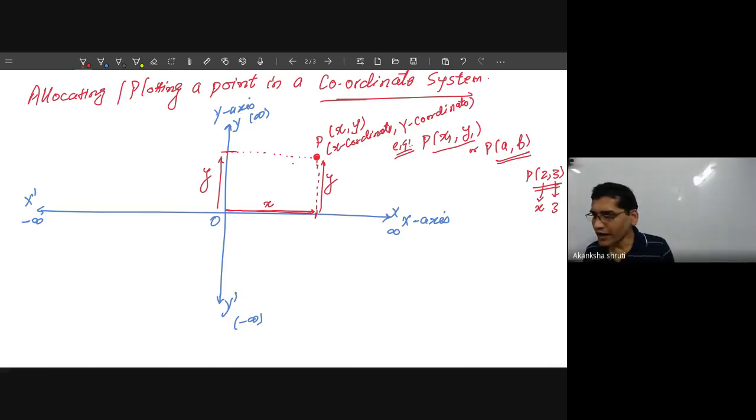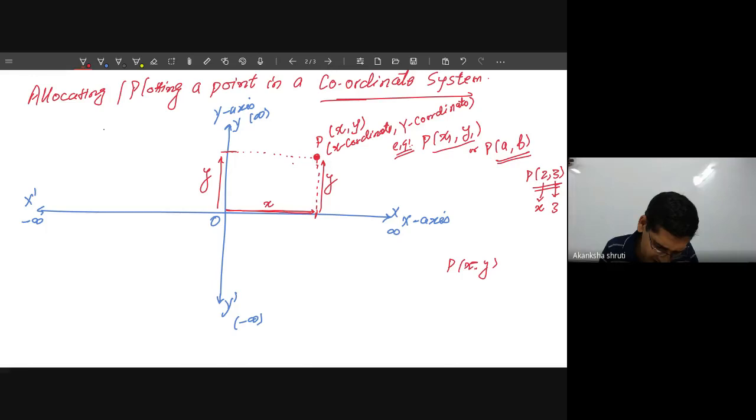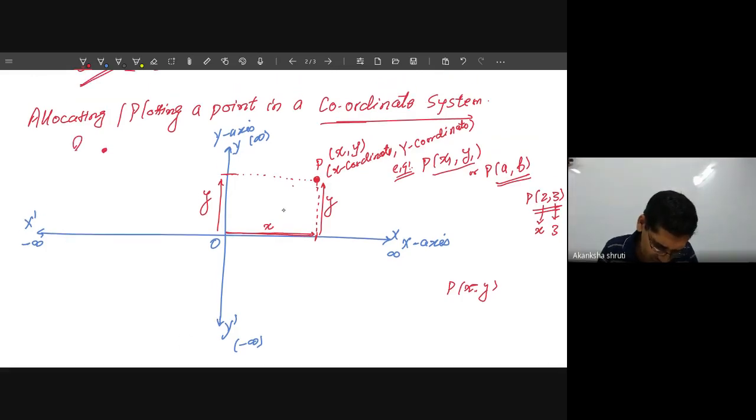Now this point is specified as P(x, y). It is one point. There may be some other point, anywhere in any of the quadrants, so don't always think of the first quadrant. Let me take the other point here in the second quadrant. So this is Q. It also has some other value, and that value will be x, y, the general denotation.